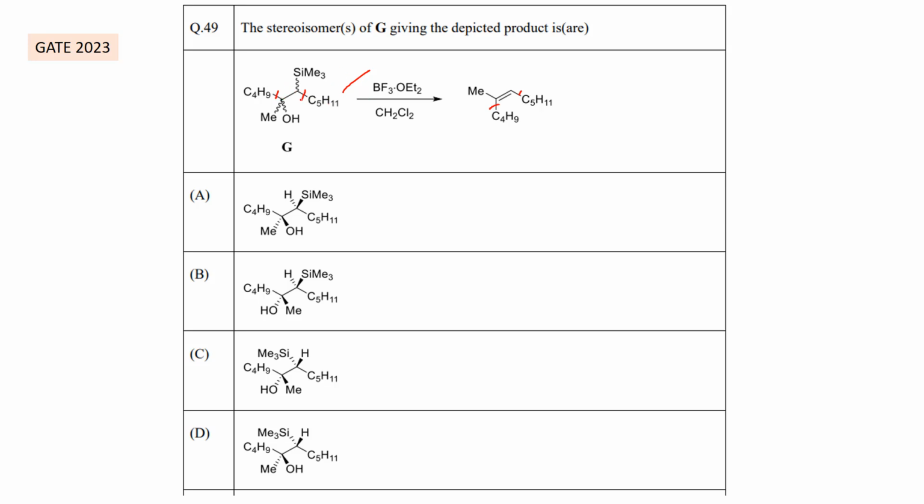Now if you perform the reaction, like this is above the plane and this is below the plane, and as it is an acid catalyst, BF3 is a Lewis acid, BF3OH2 is a Lewis acid, so it is an acid catalyzed reaction. So if it is acid catalyzed, that means it should be an anti-elimination. So after rotating this group, both the silicon and oxygen should be anti to each other. So if you want to rotate this in this way,